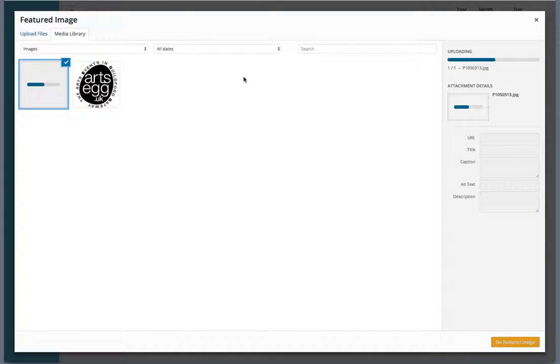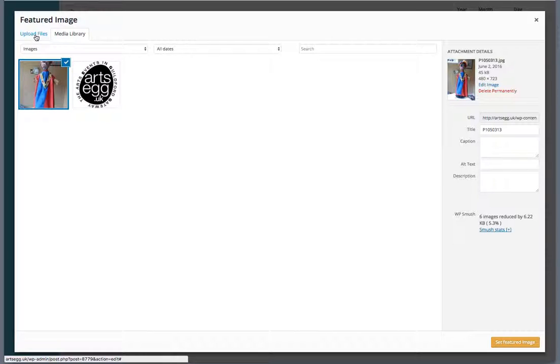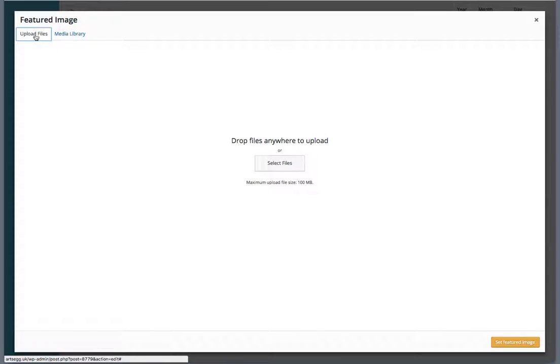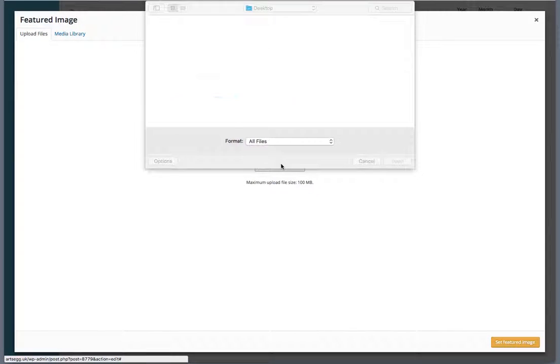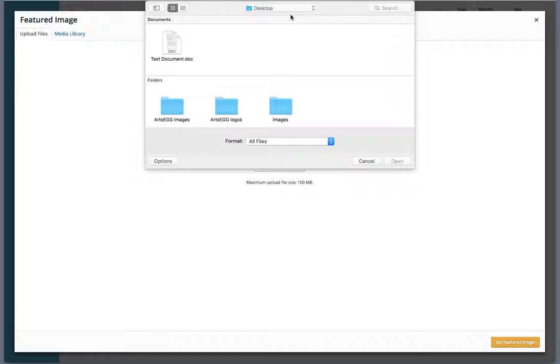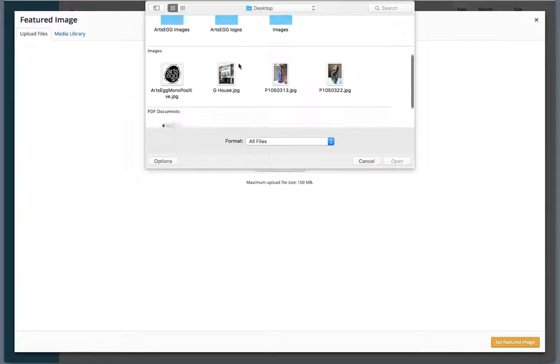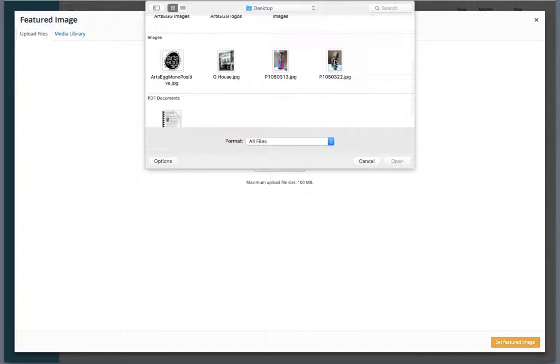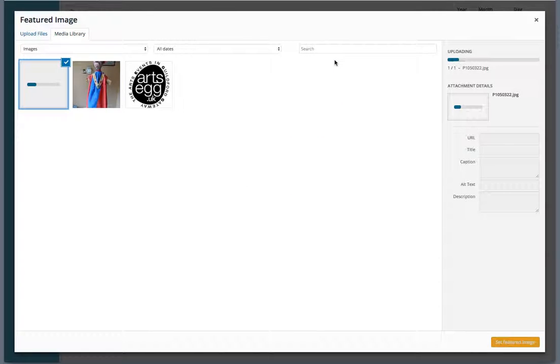or if I wish, I can click on upload, let's let that one happen. Obviously, the larger the image, the longer it takes, although the system does control all that for you. There we are, there's the image. Alternatively, I click on Upload File, I can select a file, and I can just go into my desktop, and I can choose an alternative image. So if I just double click on that,